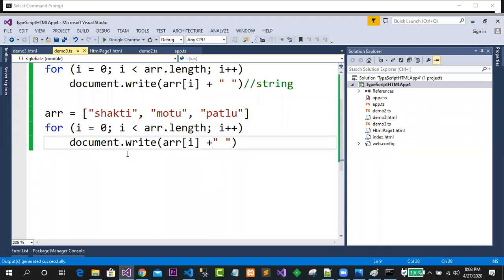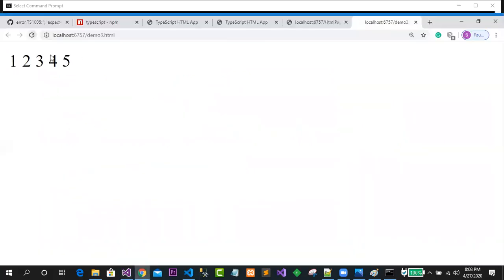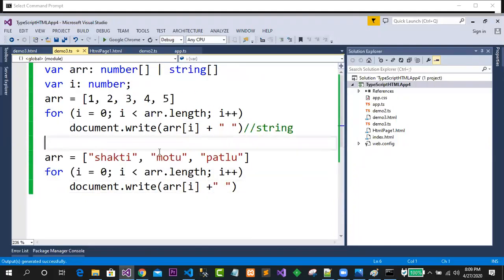Now what you got is your array. This array can hold string kind of value and also number kind of value, and this is the way we are printing the values. Now simply I can run my page, refresh this one, and I am getting Shakti Motu Patlu. Clear? If you want to add a break over here, you can put a break inside it.